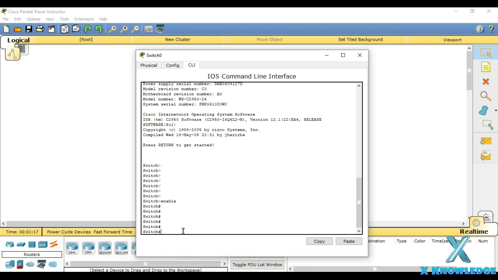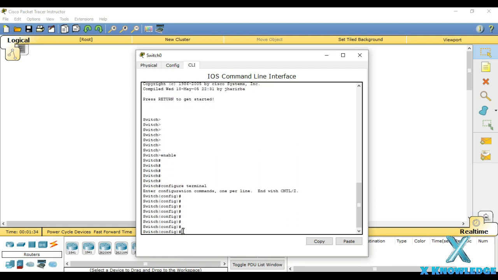So let's go to global configuration mode. You just have to type configure terminal, and you will be in global configuration mode.